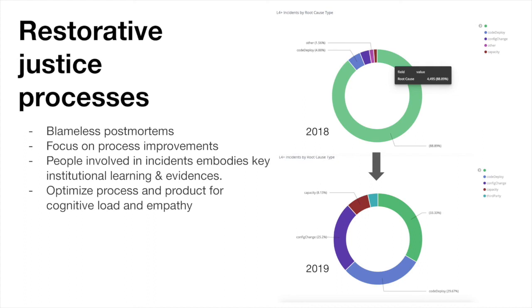So we think that the restorative justice process should be a central theme, a way to involve the people who are involved in the incidents and use them as the source of truth to learn, and putting empathy all around those processes and products is central. Those are all the things that I wanted to talk about. I'm sure most of you have already learned a lot. I am learning a lot throughout this expo.